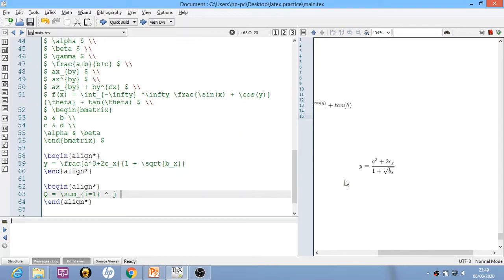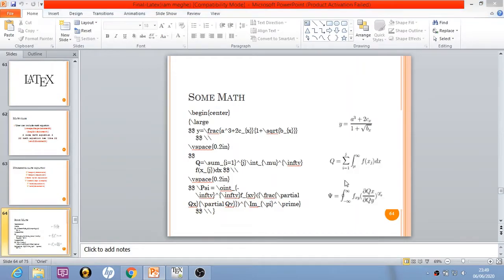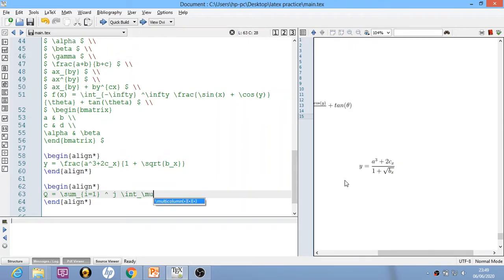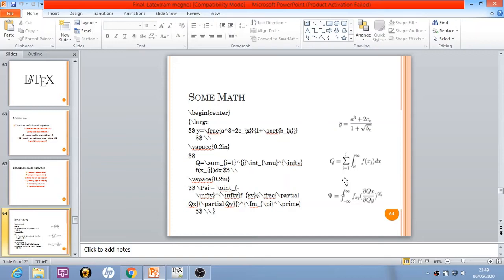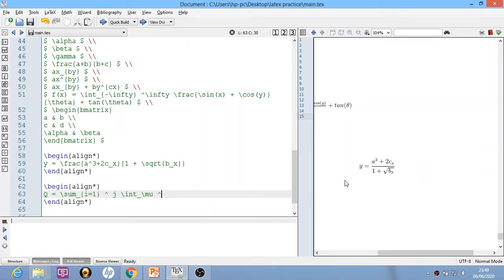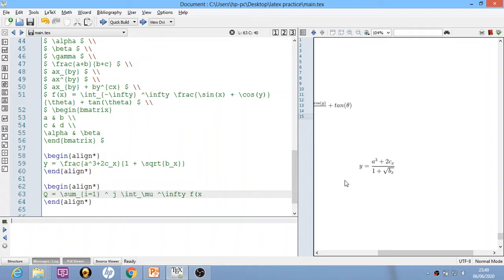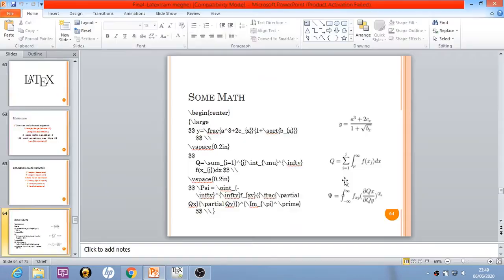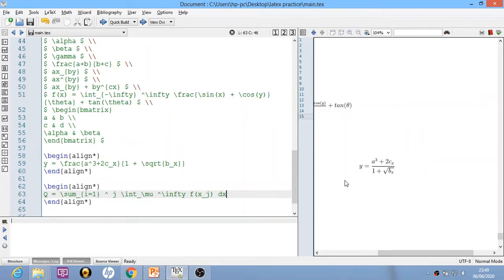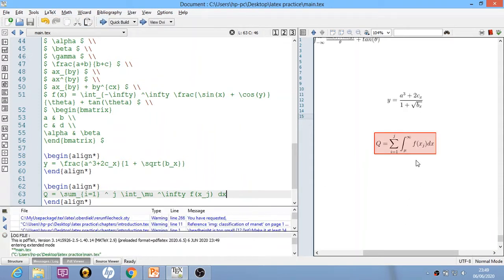Then there is integration, and in the subscript you have mu. So I will write mu, and using the caret sign I will write infinity, and then I will write f of x underscore j dx. Okay, so this is our equation. Now let us compile this. Again the equation appears on your screen in this way. So you can see how easy it is to write any equation in LaTeX.